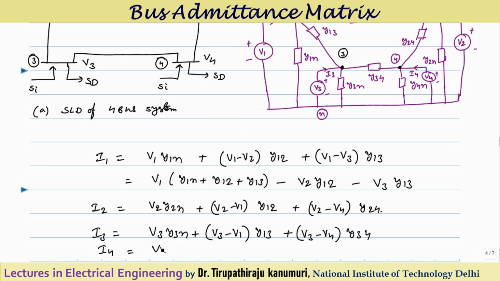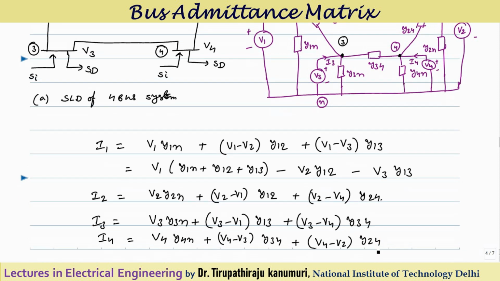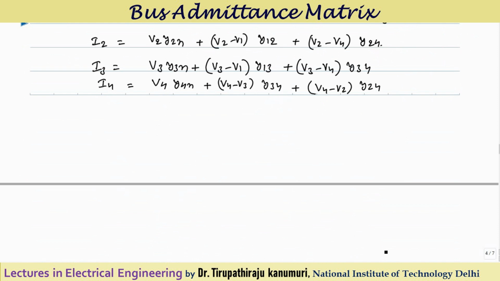So for the fourth node it is V4 multiplied by Y4n that is connected. Similarly between 4 and 3 that is connected. So V4 minus V3 times Y34 plus V4 minus V2 times Y24. These are what is connected. So in a similar way we can simplify them, and when we simplify them and write in the